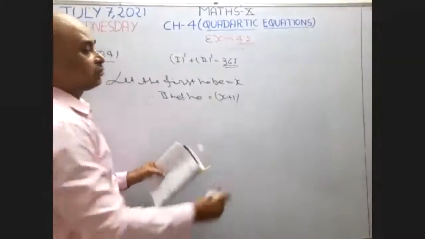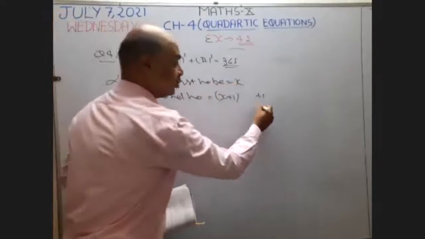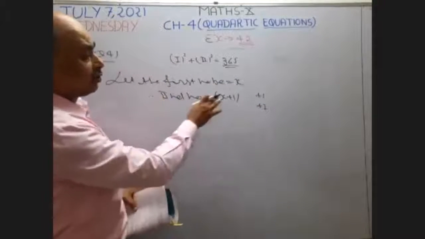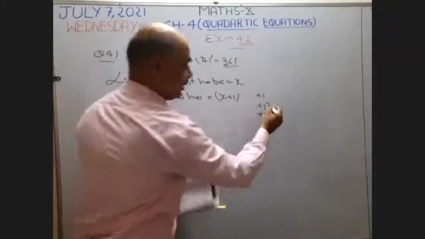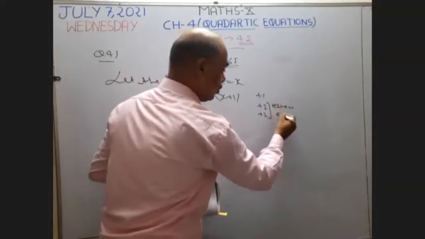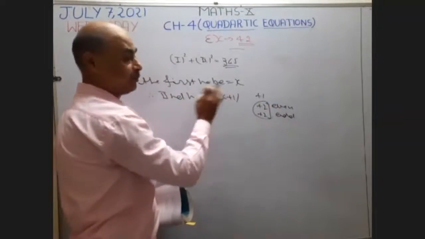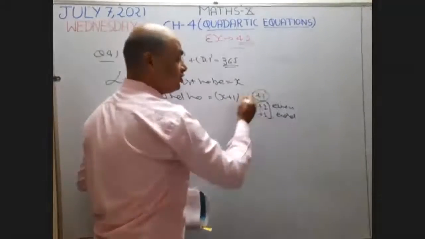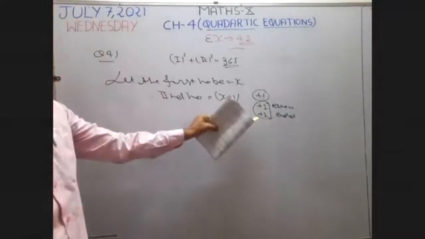When integers are there, we are going to add plus. If it is written even integer, then we are going to add 2. If it is given odd integer, then also you have to add 2. When even and odd integers are given, then you add 2 to the previous number. When only integers are there, then you add only 1. I hope it is clear now.